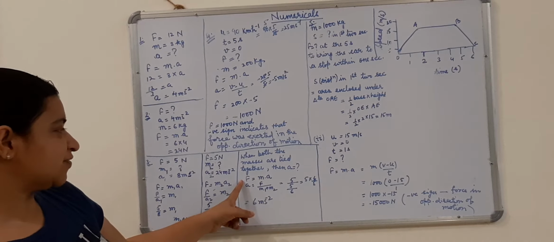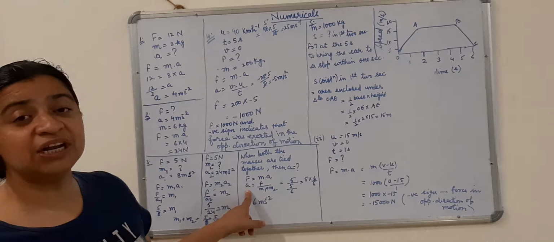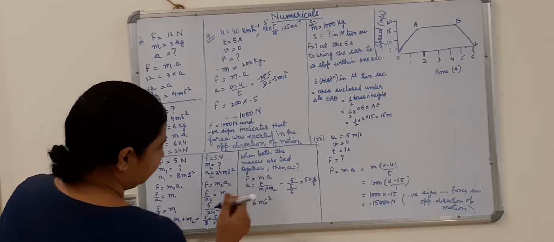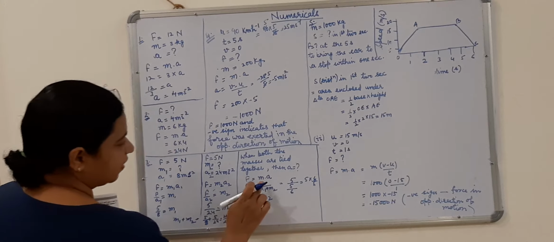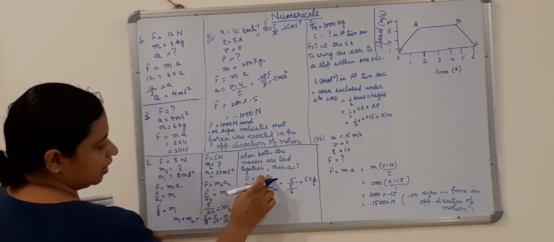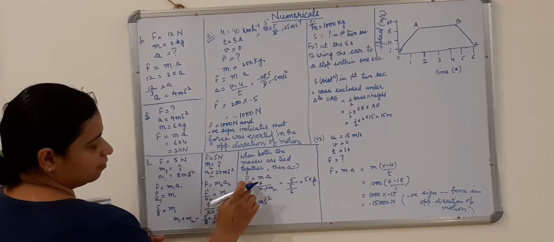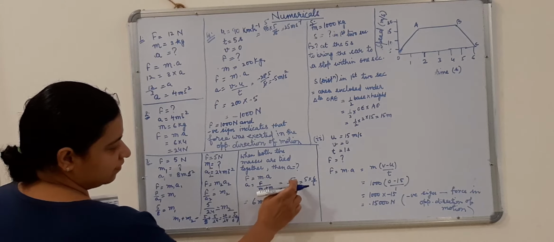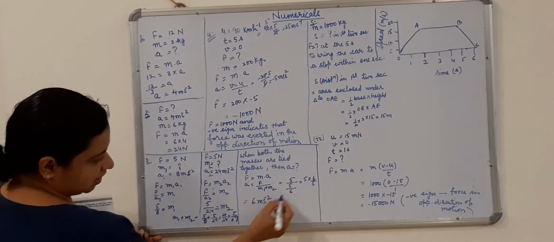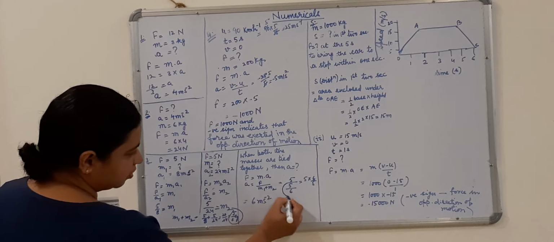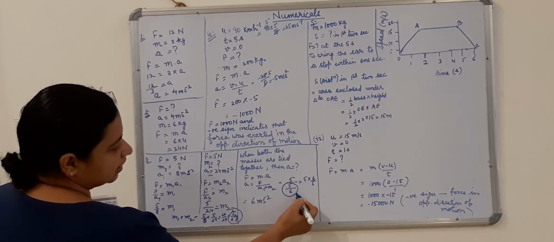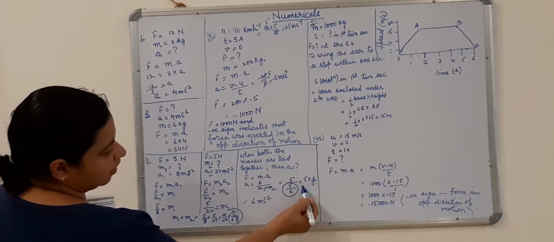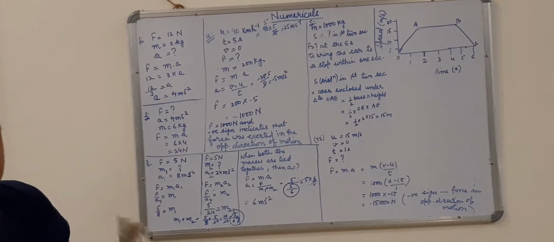Now the force is the same, that is 5 Newton. Acceleration we need to find out in this case. Force is 5 Newton, A we need to find out. If we keep A on one side, we get F upon M1 plus M2 is equal to A. Force is 5 and M1 plus M2 is 5 upon 6 kg. This is where I got 5 upon 6 kg from. Then I'll take 6 here. So 5 into 6 upon 5, the 5s cancel, that is equal to 6 meter per second square.